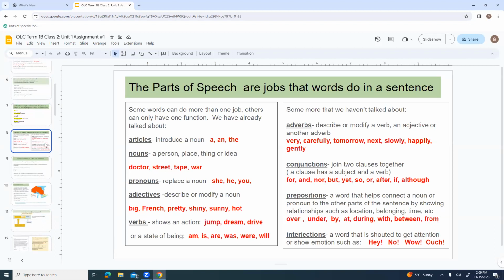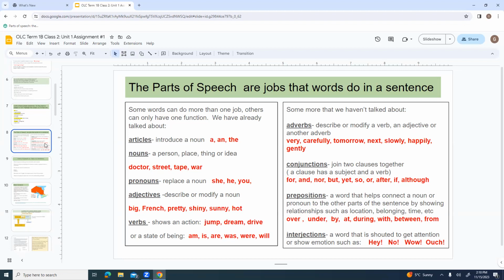Okay, so we've talked today and yesterday about certain parts of speech, and I wanted to talk about some of the other ones. Now, parts of speech are really just jobs that words do in a sentence. So some words can have more than one job. Others can only ever have one function, and we've already talked about this. So articles introduce a noun. Those are a, an, or the. Sometimes people think of them and kind of roll them in as a type of adjective because adjectives also sort of describe a noun. Nouns are just a person, place, thing, or idea, like doctor, street, tape, or war. Pronouns replace a noun,